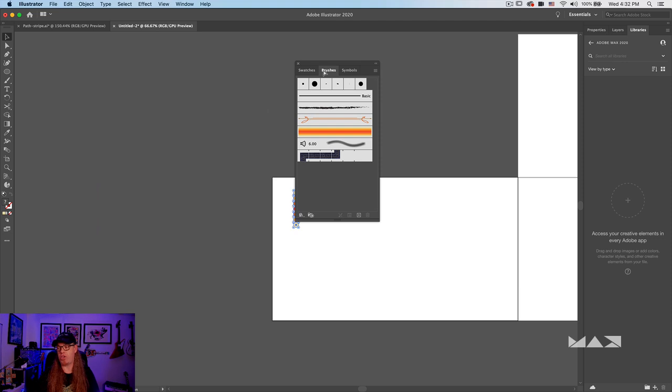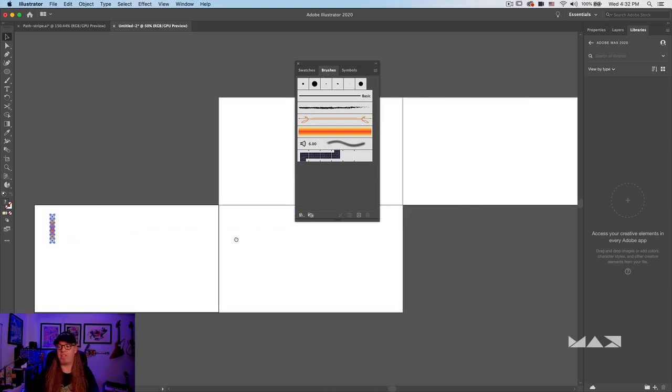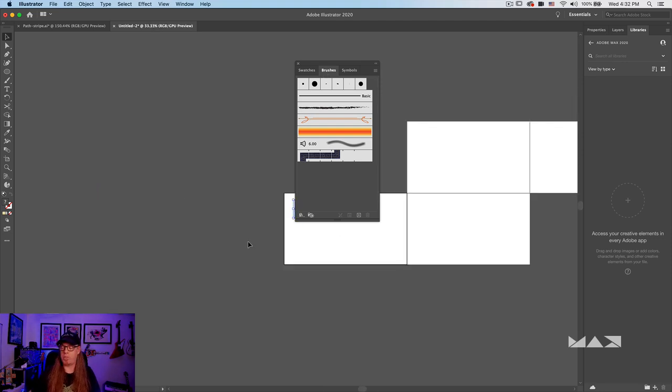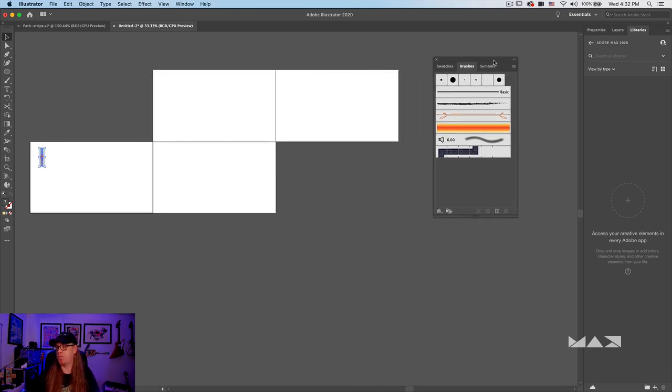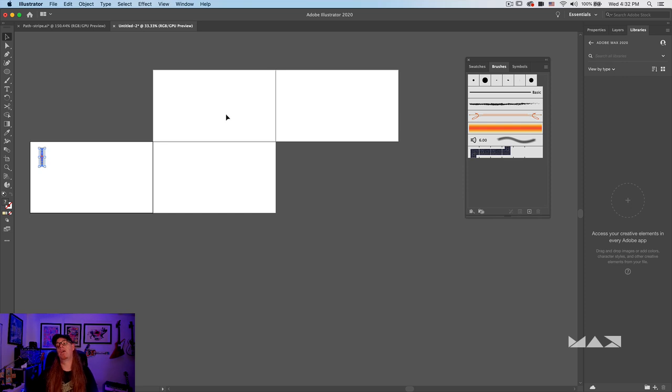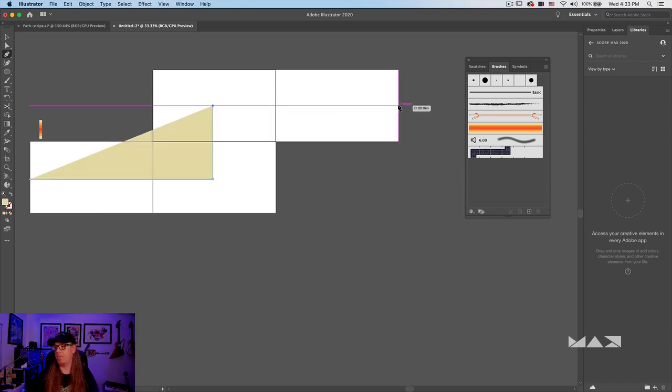So how did we use this in the project? Well, let me zoom out and show you what we did. Here is a series of artboards, which basically mimicked the project navigation at large. Just move this brush panel out of the way a little bit. And the way that this worked is we basically took a path with a pen tool and we drew through all of these artboards. So you could go to here, click and then move up here, and then go all the way to the end.